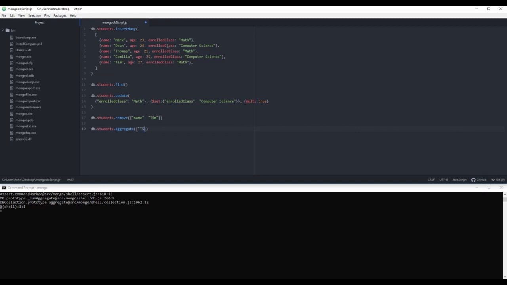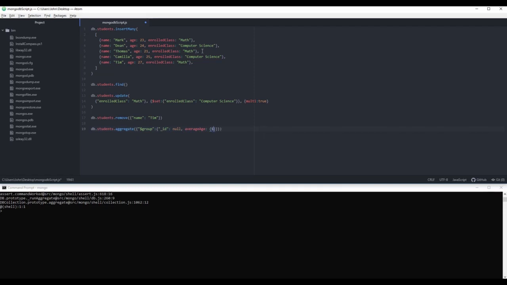So we will say group, and then we say _id, and that should just be equal to null because we just want to return a value expressing the average age of our students. So we will call this new value average age,